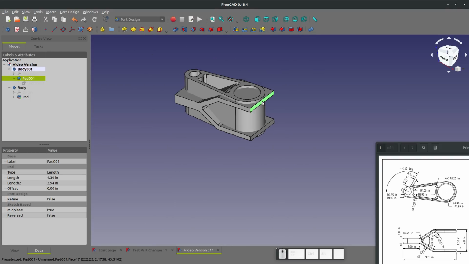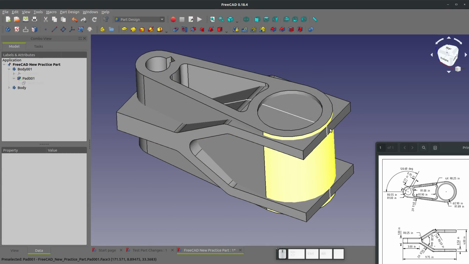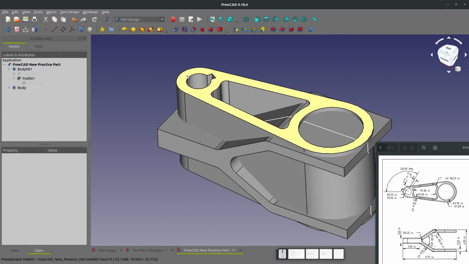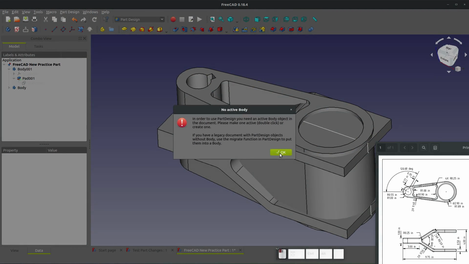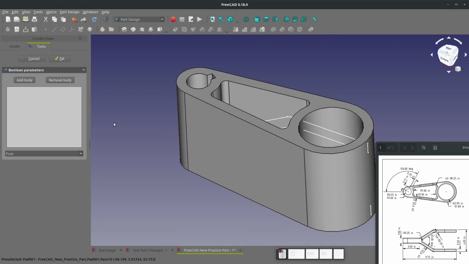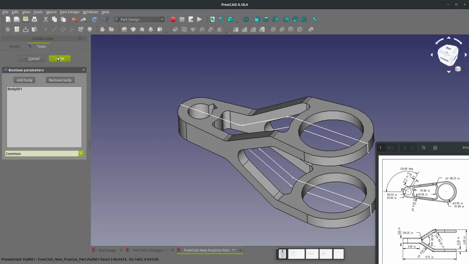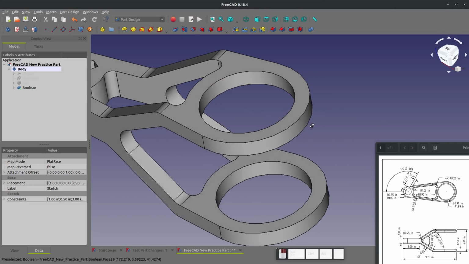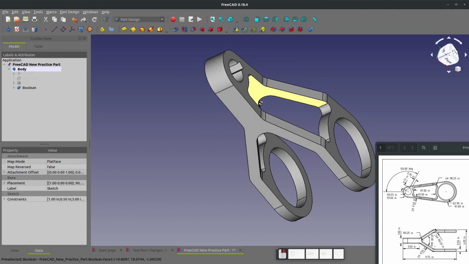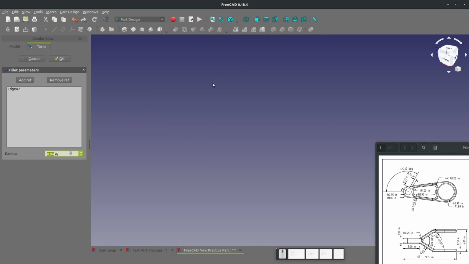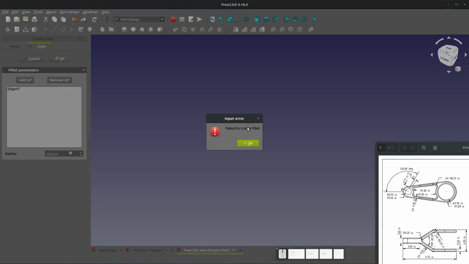creates zero thickness. So here I have an equivalent part that I've made that has those tangents like I've mentioned, and of course I have to have an active body, so I'll double click on one. I'll add a body here, right? Do the exact same that we've done before, and we get the same product. Now if I hide my sketch, does the zero thickness make a difference or not? If I go to add a fillet, this part immediately disappears and I get failed to create fillet,